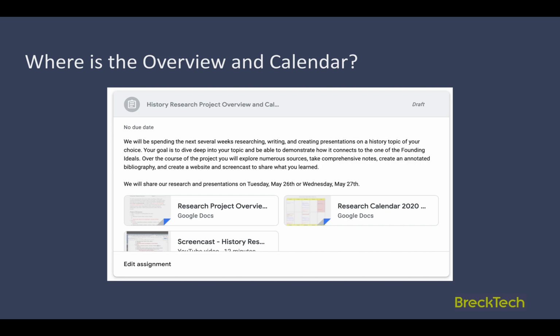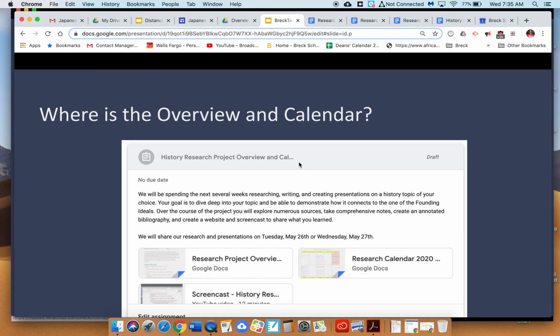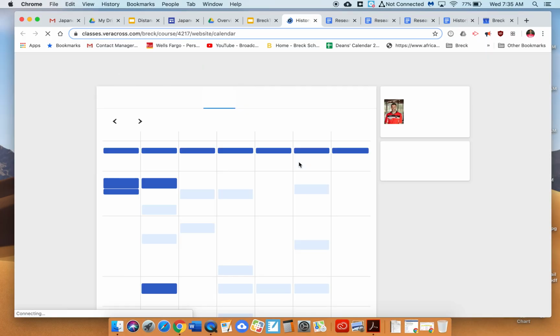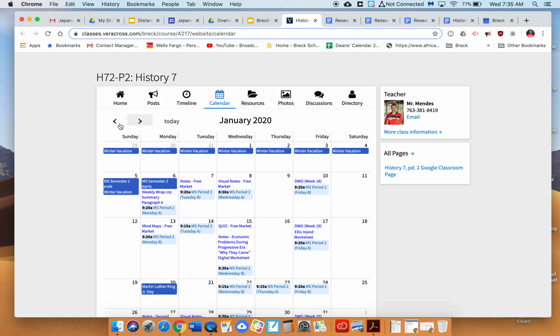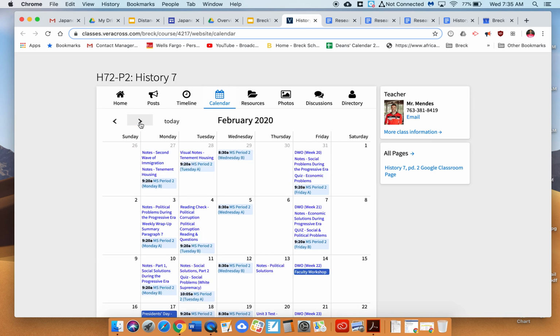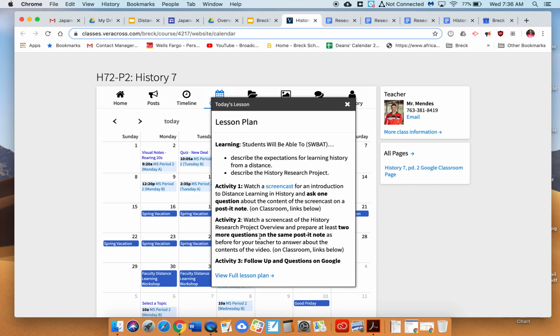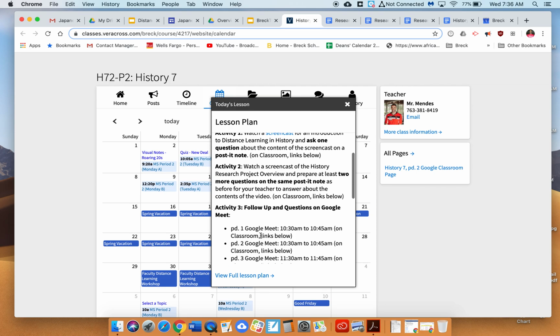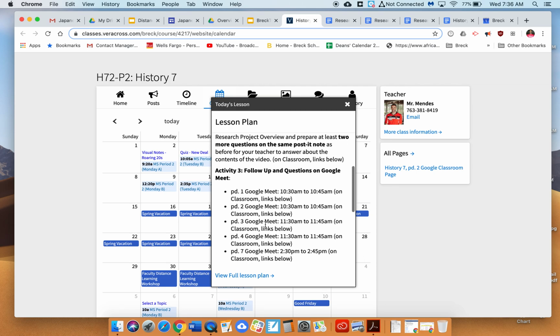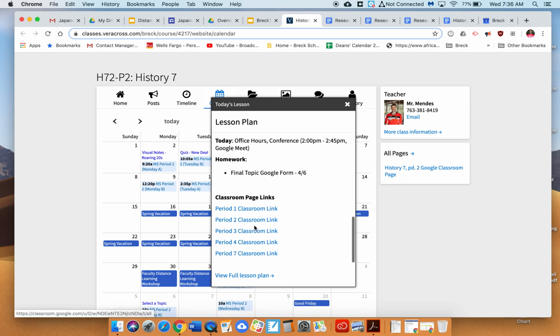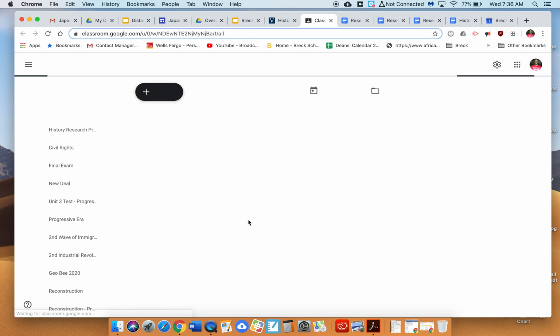Right, where is the overview and calendar? I'm going to show you how you get to it. Everything, once again, comes through Veracross. It's your first place to go, but more than likely it's going to take you to Google Classroom. So if I go to the lesson for today, I can see a link to period 2. If I select this link to period 2 classroom page,